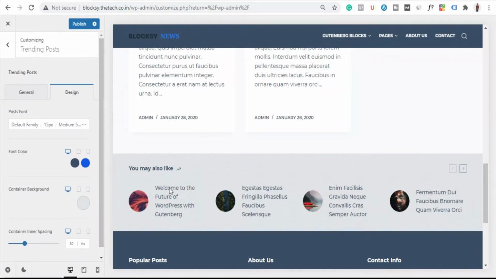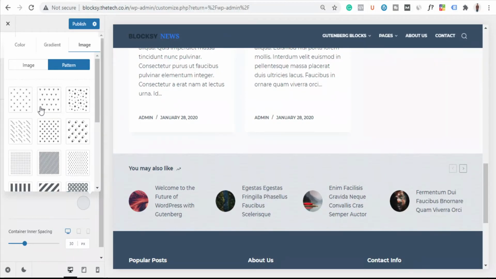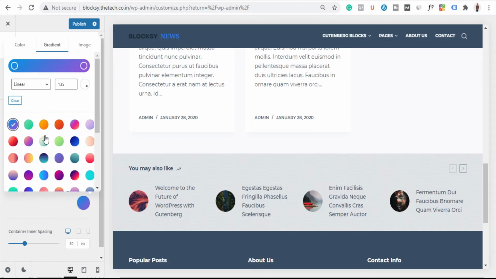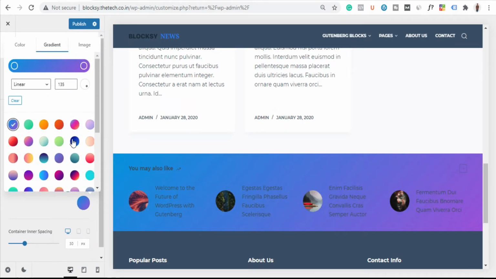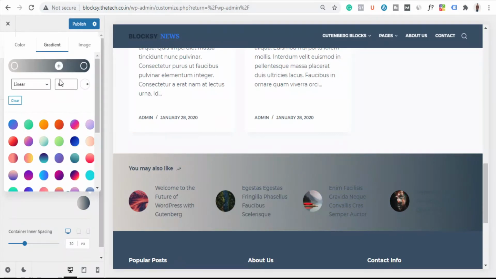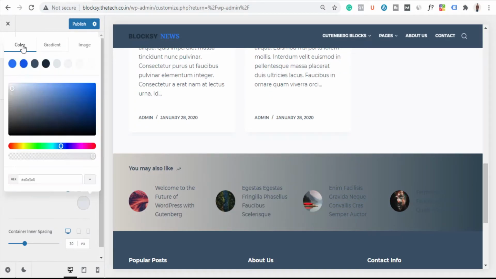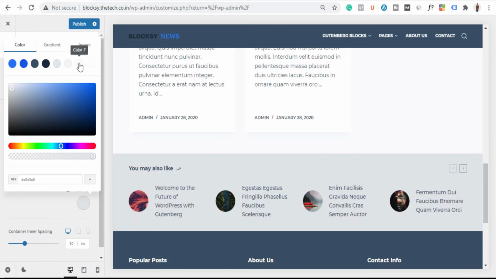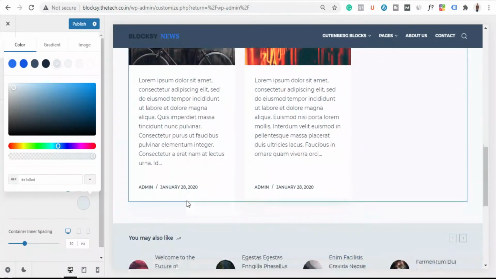you can see if you want to change the individual coloring option here or not. Suppose I want to change the background color, so I'll just click here. They have a pattern option, image option, color option, and even a gradient option as well. So let's try the gradient option here, and I'll make it something like darkish, or I think it's not looking that great. Let's go to the color option and let's keep it, yeah. So I think this is looking fine for now.